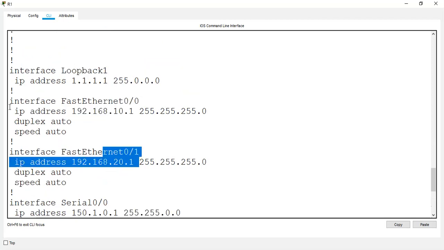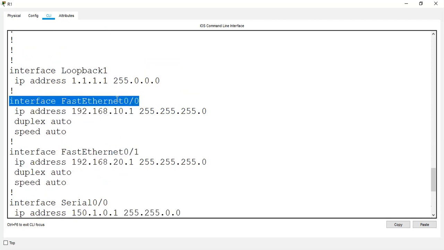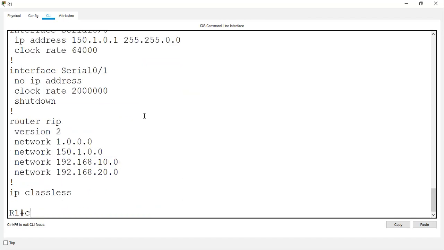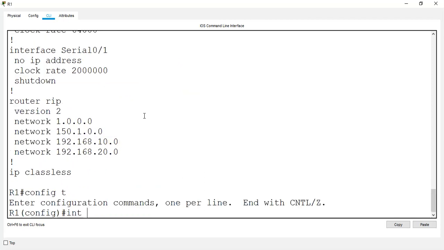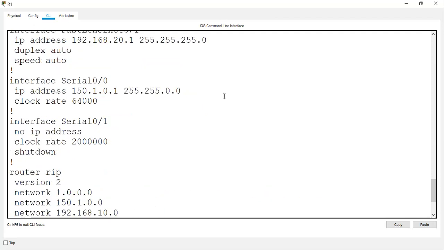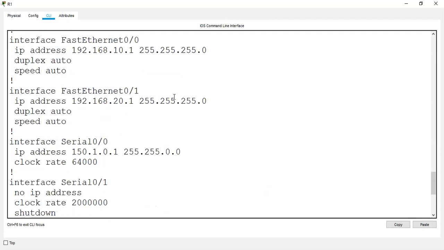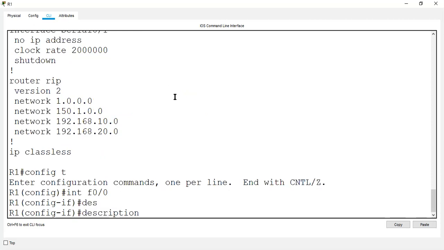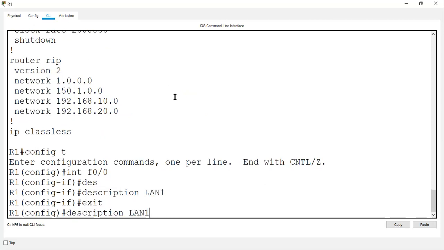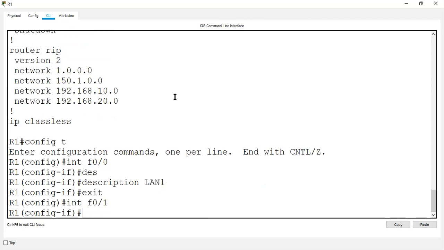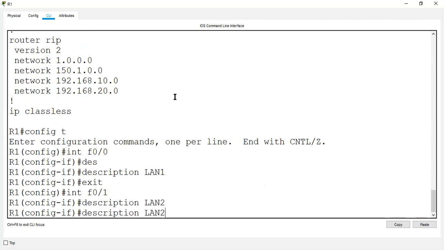In an easy way, we can give a description to know the purpose of each interface. Config T, interface F0/0, description LAN 1. F0/1, LAN 2.